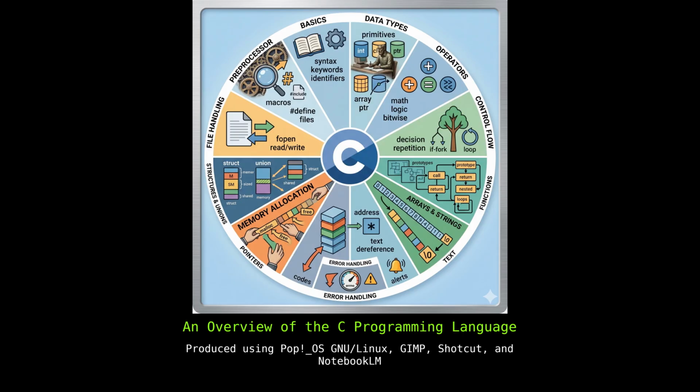Yes. In C, a semicolon acts as a hard full stop for instructions. It tells the compiler, this specific thought is finished. Physically prepare the processor for the next one. Exactly. And to build those thoughts, developers use keywords, which are built-in vocabulary with special commands, and identifiers, which are the custom names you give to your own variables. Right. But we need to unpack how it handles data, because this is where C really forces you to think